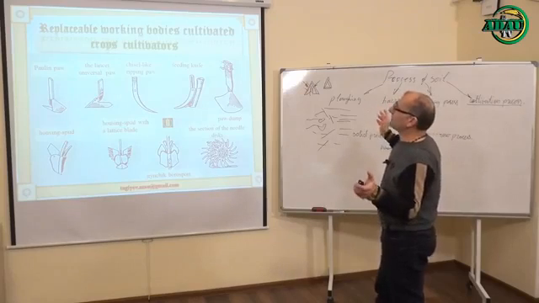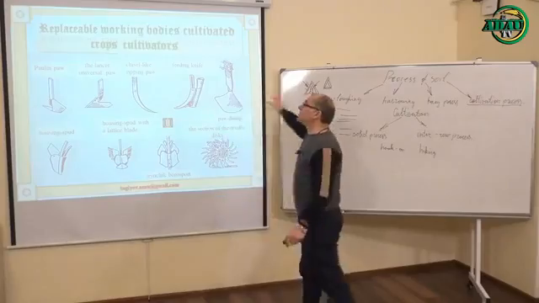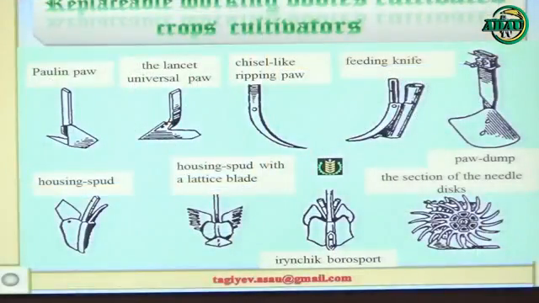And last, I would say, of course, is the working part, which is replaceable. It could be interesting for you to know what working parts are used where. This is like the pollen puff, the lancet universal puff, and the chisel like the ripping puff, chiefly used for the process of the soil. The feeding knife and the power damp are used chiefly